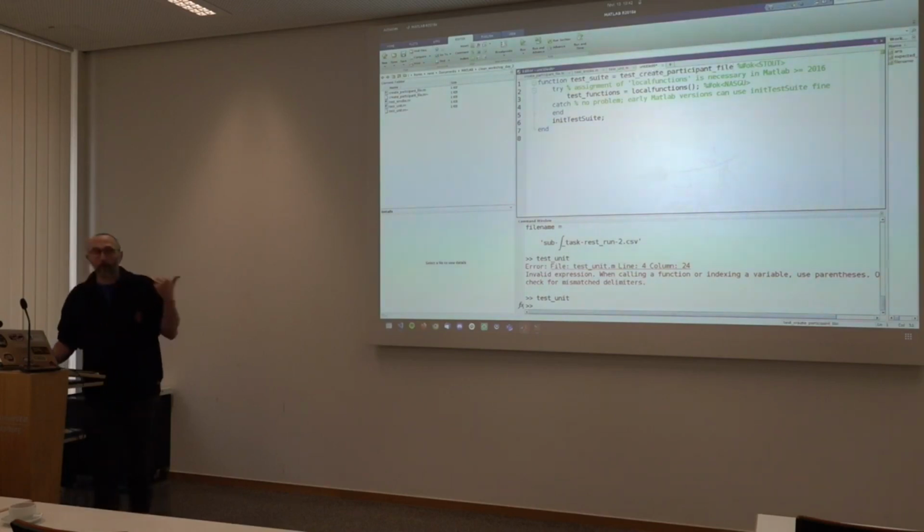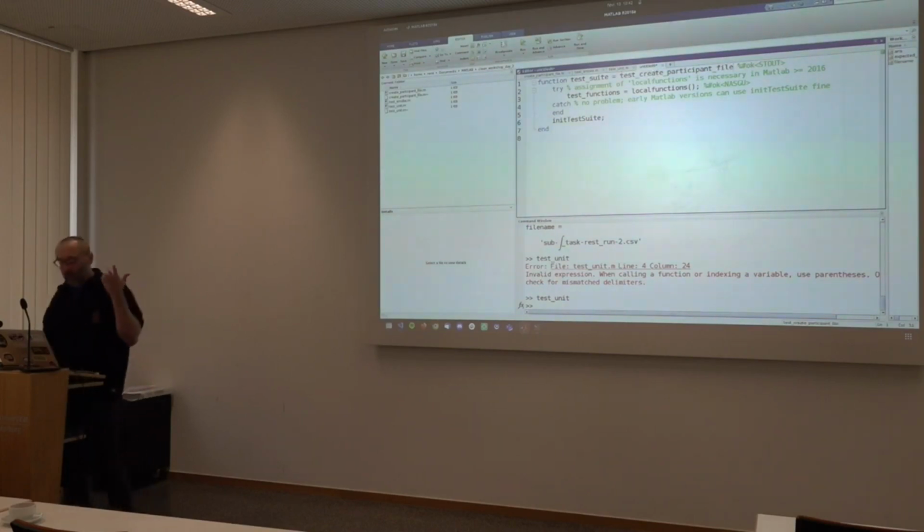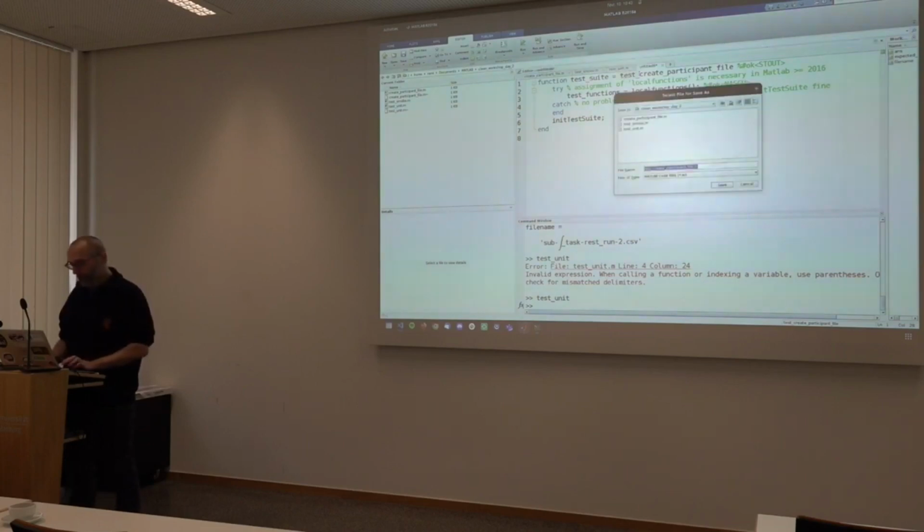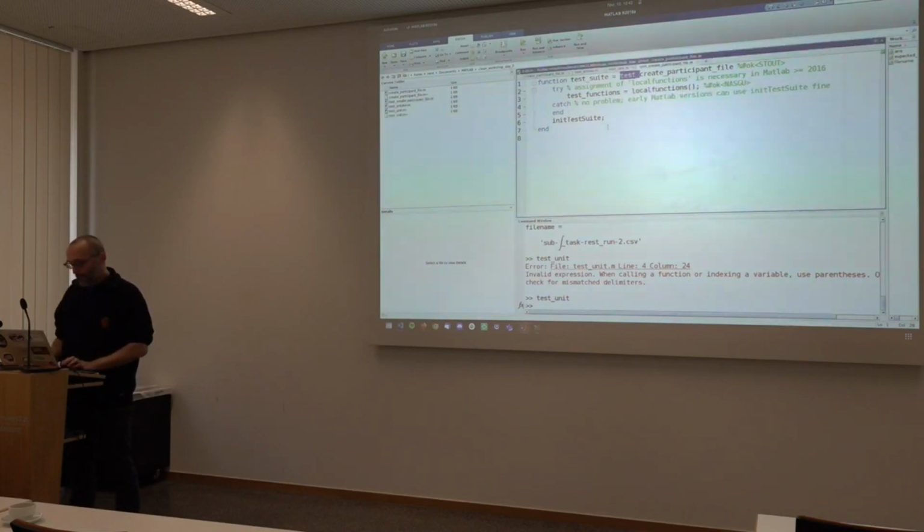One of the only requirements you have is that the file name and the top function should start with test underscore. If you don't name the file like this, MoxUnit will not recognize it as a test and will just skip it. That's the first requirement. The other requirement is that all your tests after that have to be in subfunctions. And each of those subfunctions has to also start with the name test.